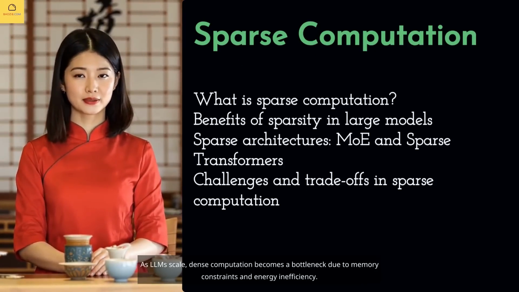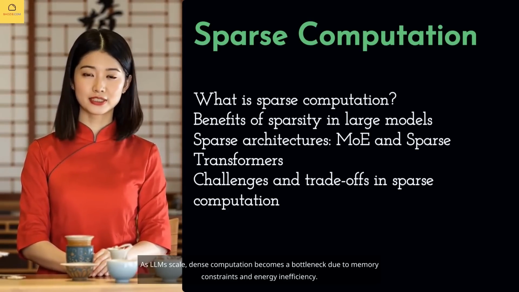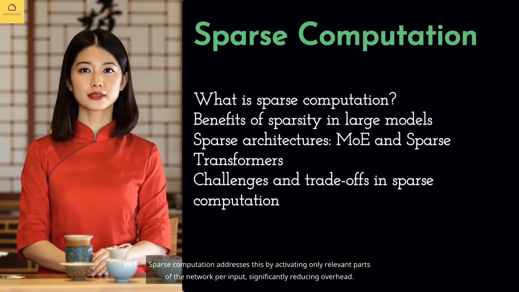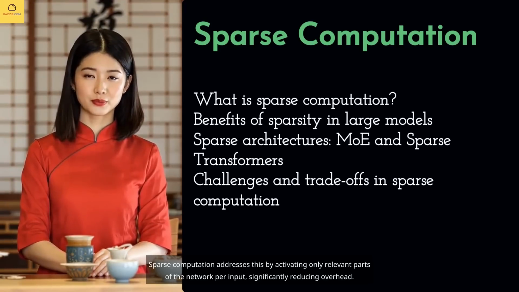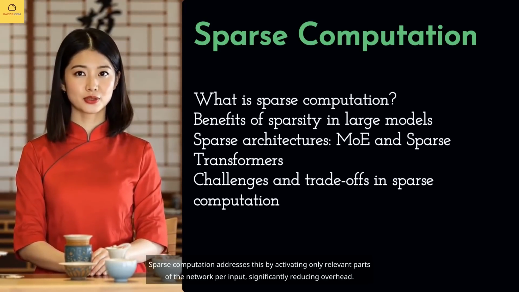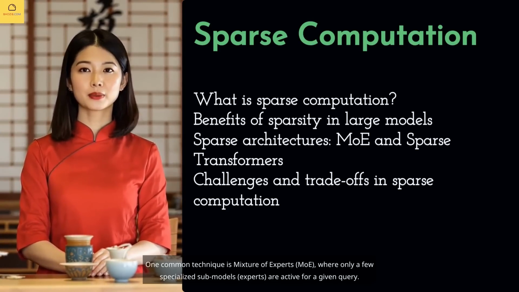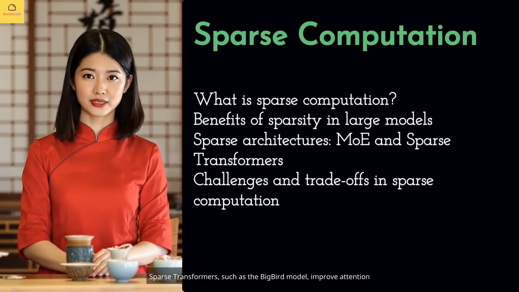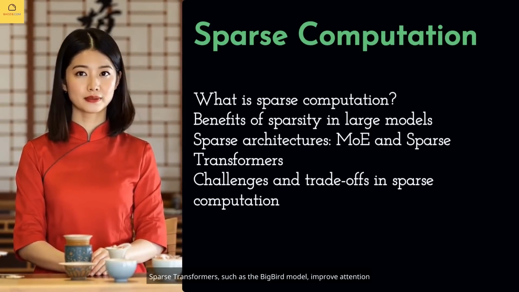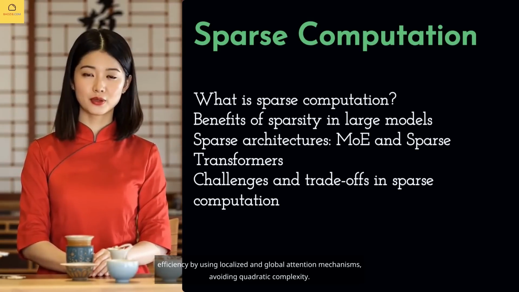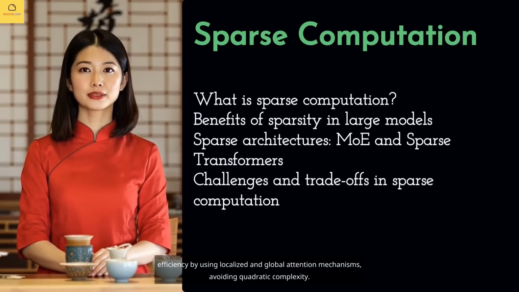As LLMs scale, dense computation becomes a bottleneck due to memory constraints and energy inefficiency. Sparse computation addresses this by activating only relevant parts of the network per input, significantly reducing overhead. One common technique is mixture of experts, MoE, where only a few specialized submodels, experts, are active for a given query. Sparse transformers, such as the Big Bird model, improve attention efficiency by using localized and global attention mechanisms, avoiding